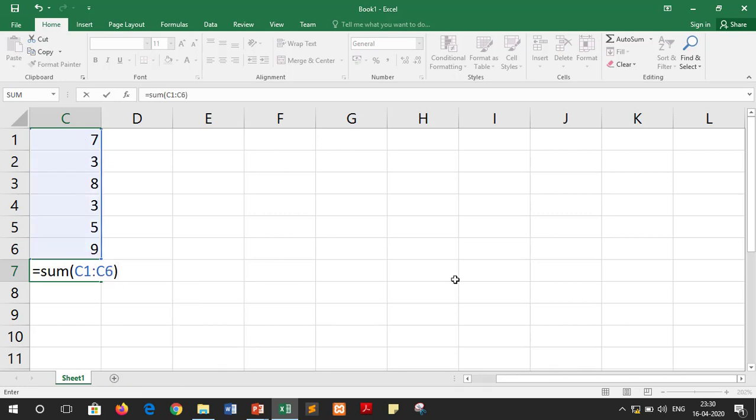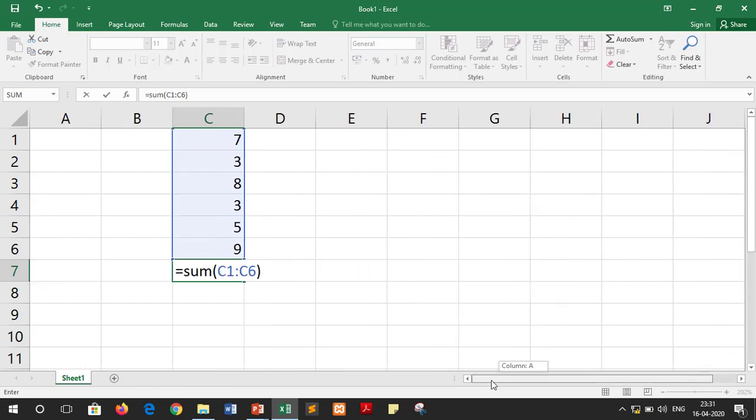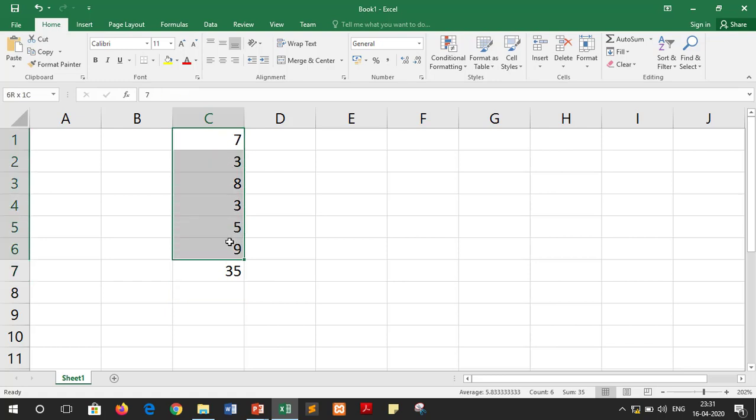We are writing C just because right now I am working with column C. So in this place you have to pass your cell range or the cell reference in which your values are given. If I write this much and press the enter key, the result will be 35. The sum of all these numbers is 35.